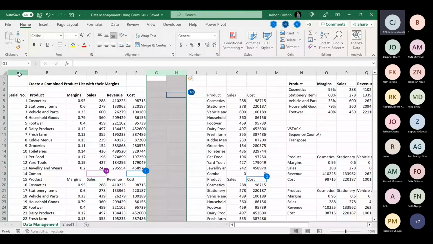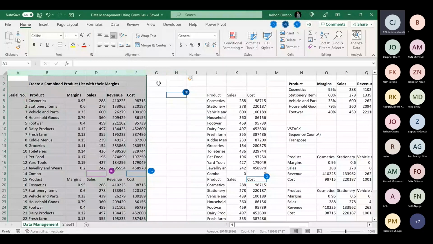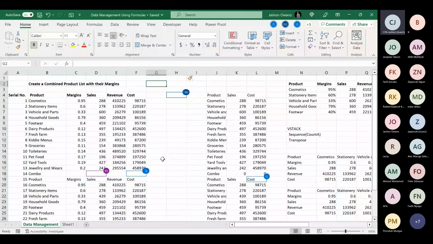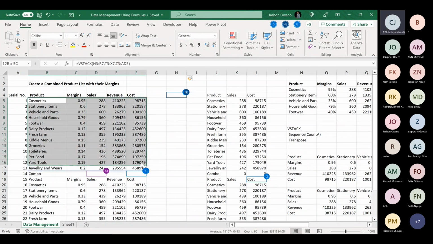Original data, I mean column A to F. I want you to have at least 2 additional blank rows. I want us to try and achieve something. Okay, so you see the way I want us to assume this is a to-do list, or these are products